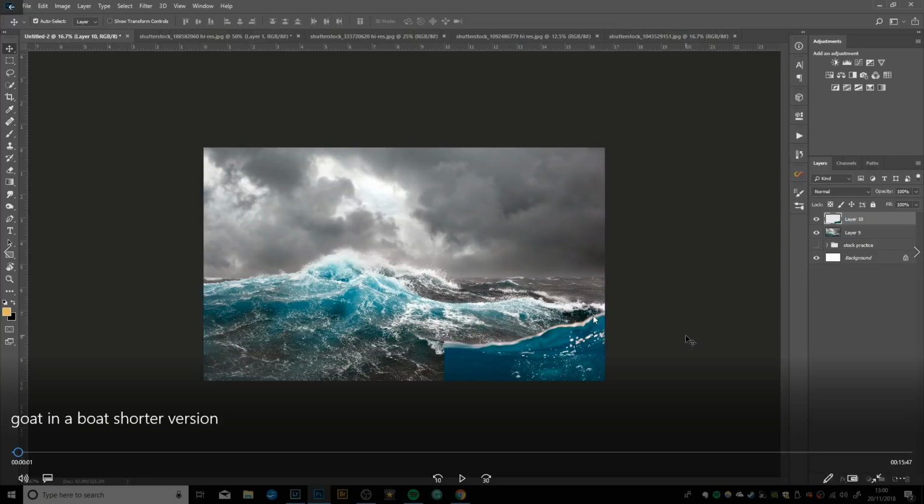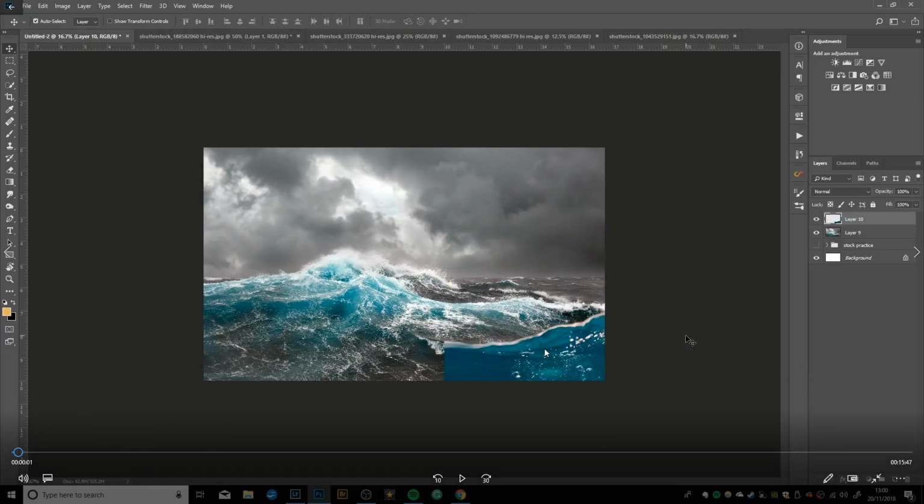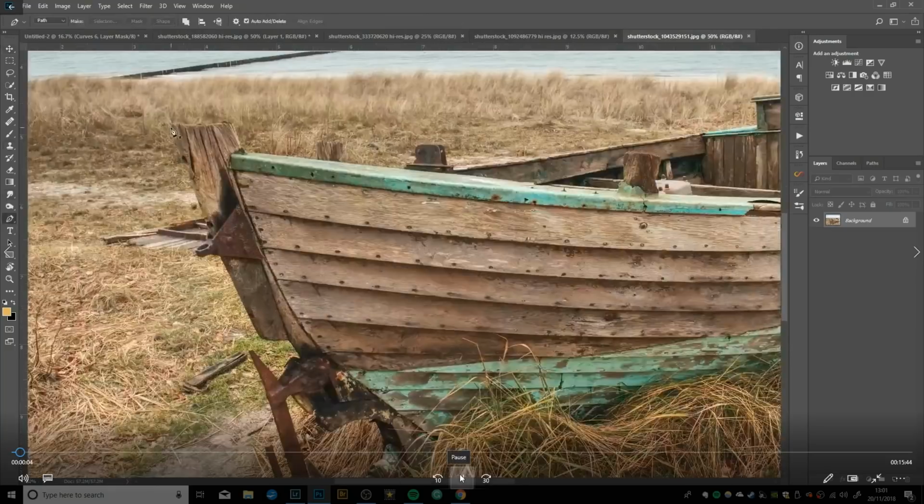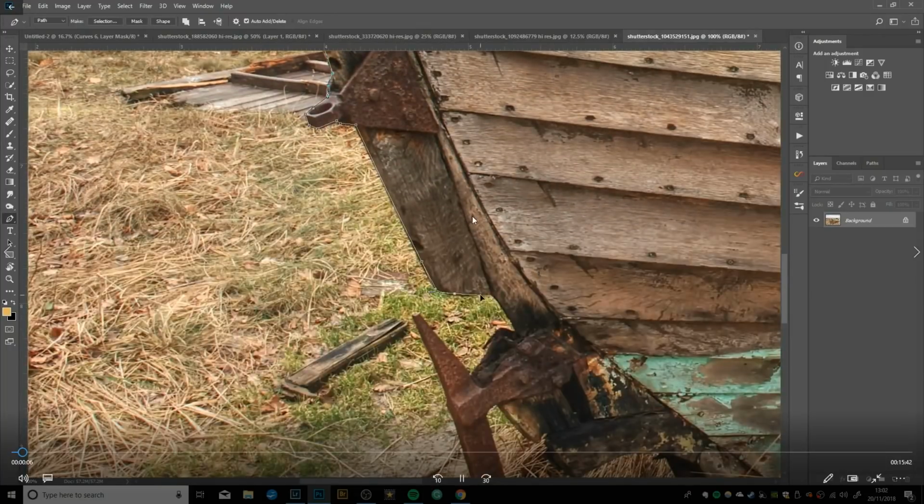So this bit here, this again was a free stock image, and I like to create foreground interest in my images, and having the water here like a wave, I wanted the effect of a wave hitting the camera or whatever's recording this image, or, I don't know, you can take artist liberties, but I wanted it to look like the wave was hitting it here, and you could just get a little glimpse underneath the water as well. So again, this was a stock image from Shutterstock,